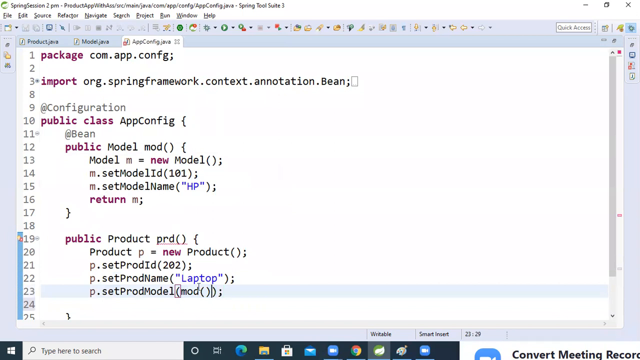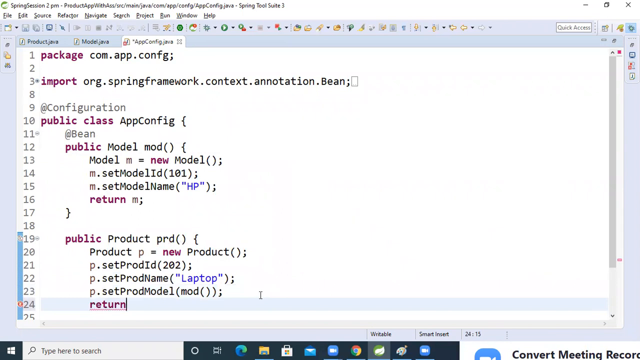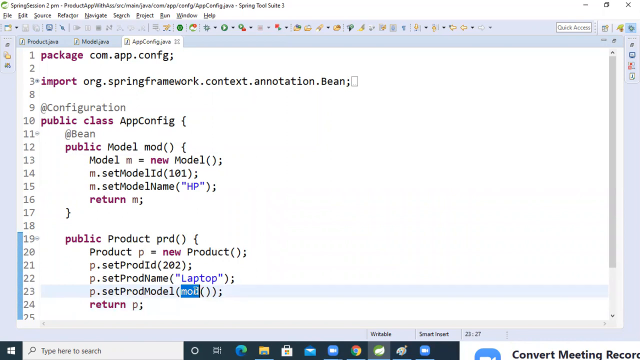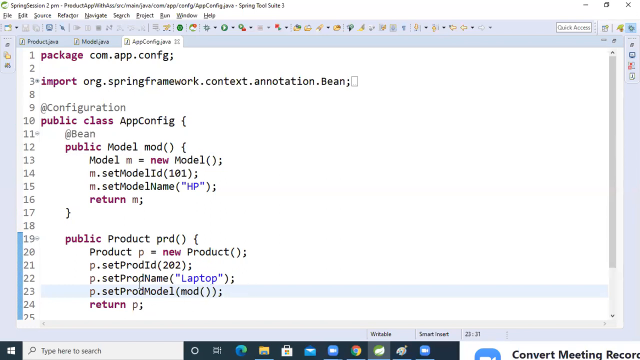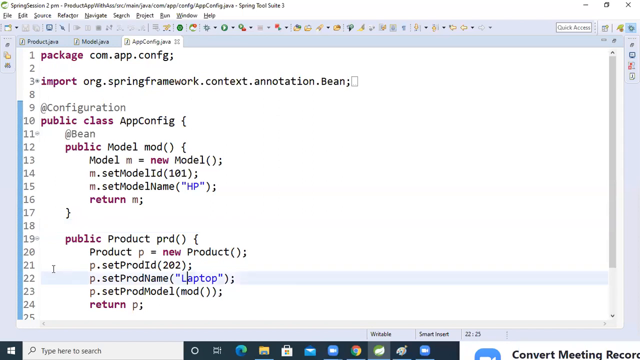After passing that, what will we do now? Again we will return just the p object, that object we will return. So why are we passing that? Whenever we are developing using XML configuration, in the ref tag we pass another bean id. So here internally this method name will become the id. Because of that we are passing that. So now, to make this method a bean...